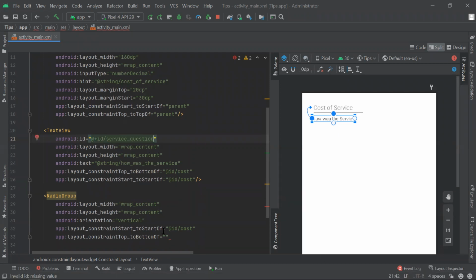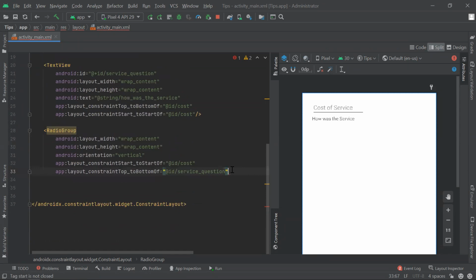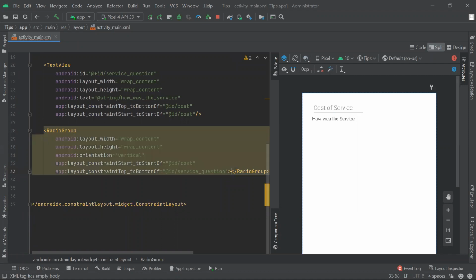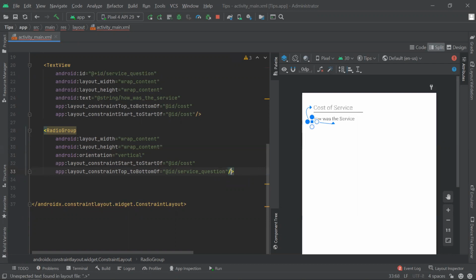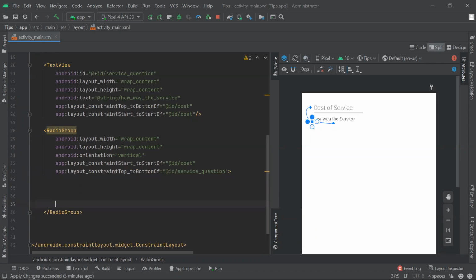Okay, so I'll come back here, and then I'm just going to type service again. I get to see that. So that goes below, and I know you're like, but I'm not seeing anything. Yes, we'll add the rate. Now, I'm not going to close this radio group this way, because this radio group can house other views in it. So because it can do that, I'll do it this way. Doing it like this means that from the indentation, you can actually see that you can put in more views there. So at this point, I'm going to now call,